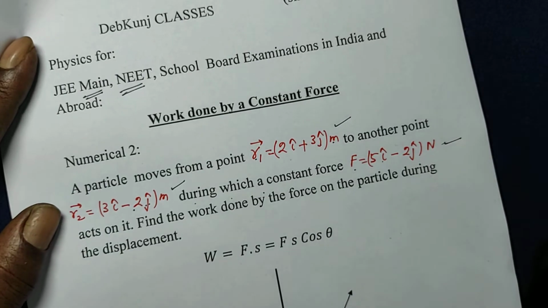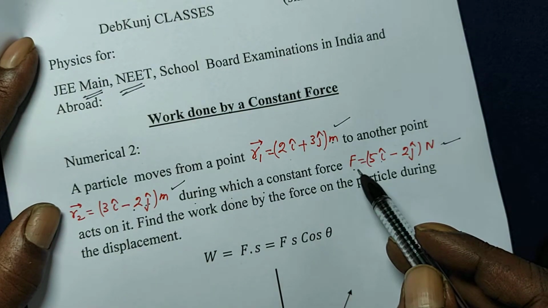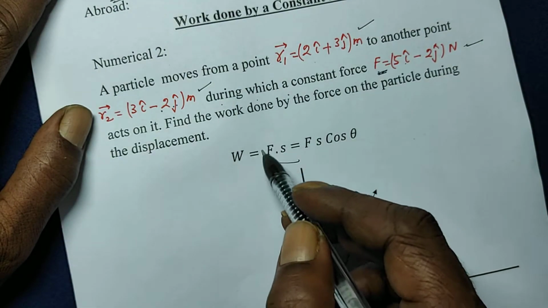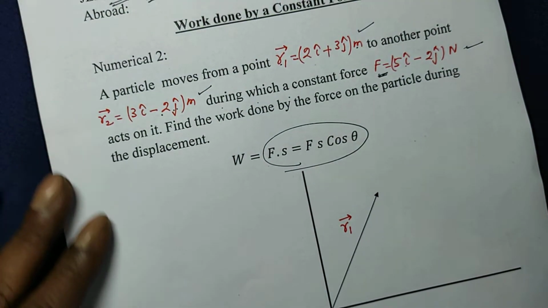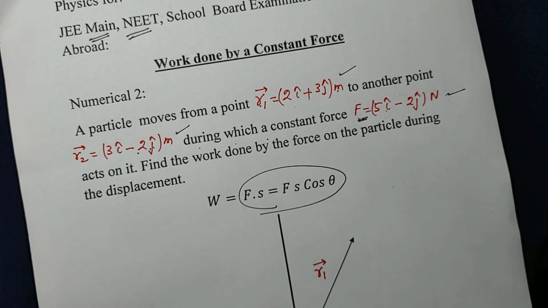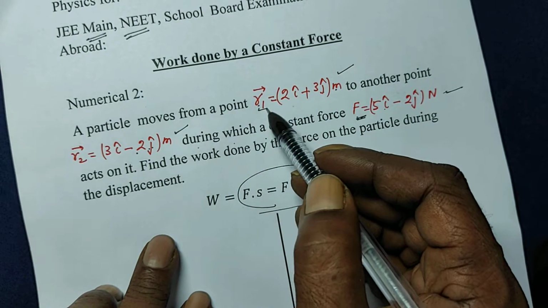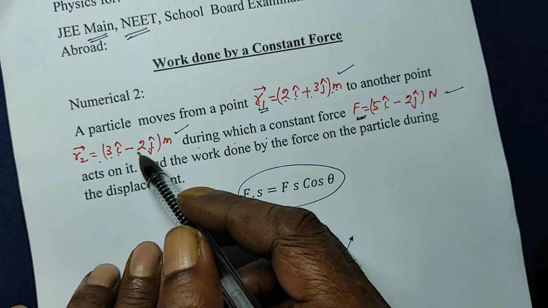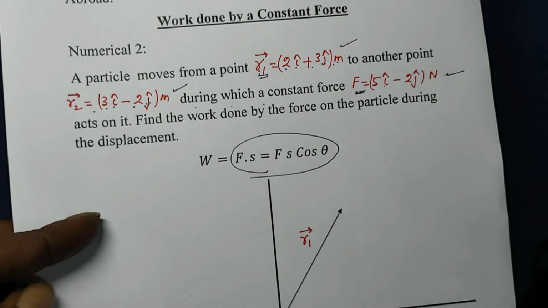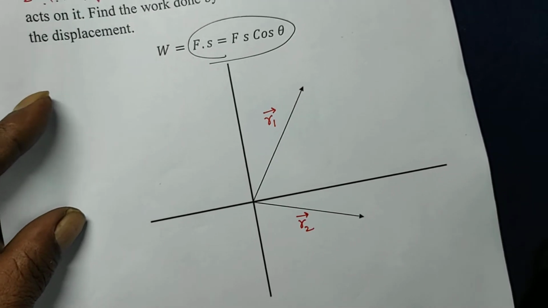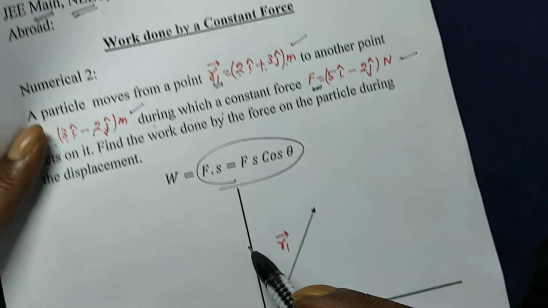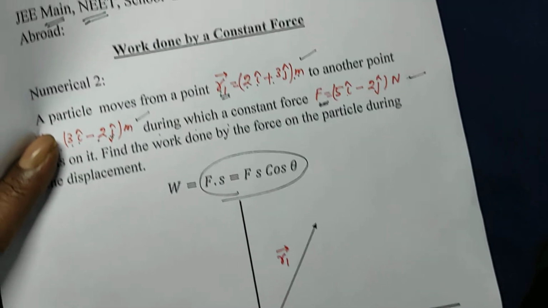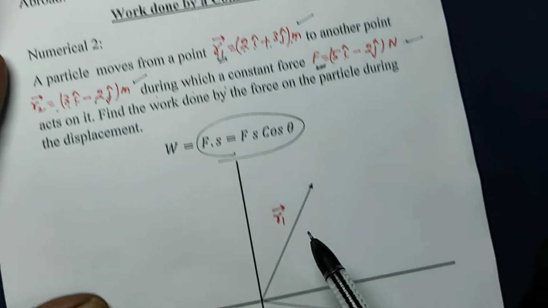Now, if you look at this force, this is a constant force. So you can use this. Now, let me first explain to you the meaning of this. R1 is 2i cap plus 3j cap and R2 is equal to 3i cap minus 2j cap. There is no need to solve this problem using this graph. You can straight away do that. But to explain it better, I have drawn a